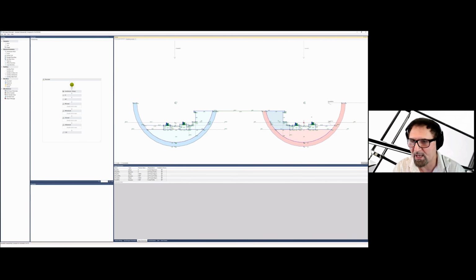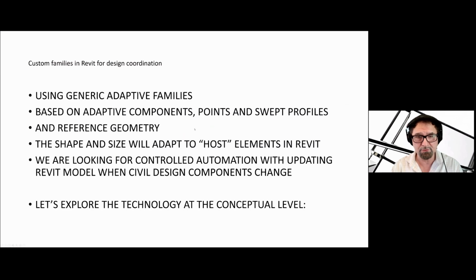to that reference line. So what will that enable me to do is if I make a change on the alignment for the tunnel, I can use Dynamo script to synchronize that change with a host object, which is a reference line in Revit. And then everything that's referenced from that line will update automatically. So that's pretty much what I wanted to show you today. And I'm going to go into Revit now.